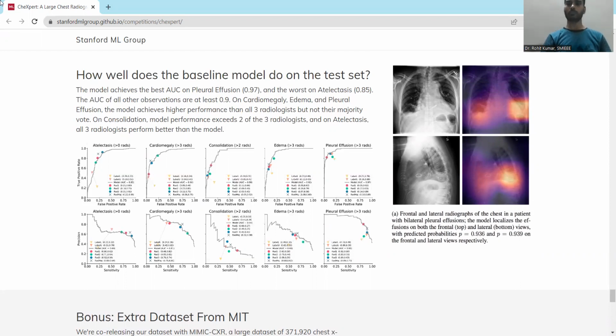I am going to name a few, because from Google Scholar you can find them. Otherwise, you can go to the author's website and from there you can find some of the related papers. So as I told you, CheXpert is the base paper. It discusses a large chest radiograph dataset with uncertainty labels and expert comparison.